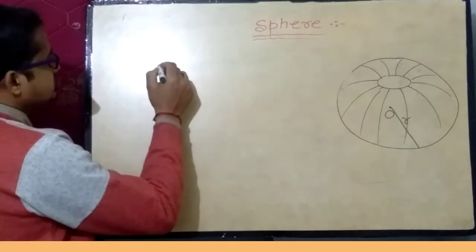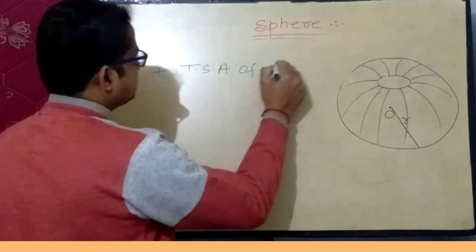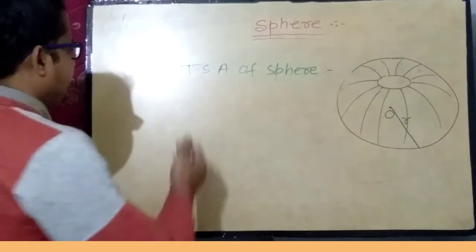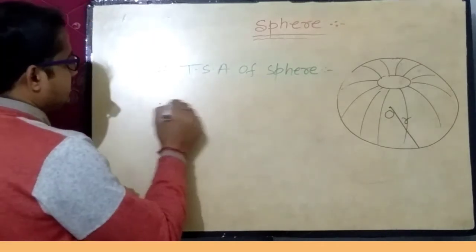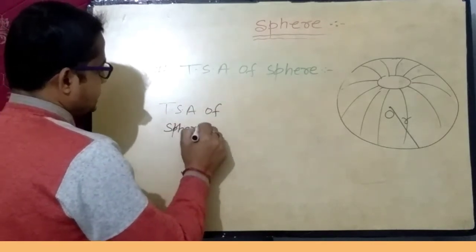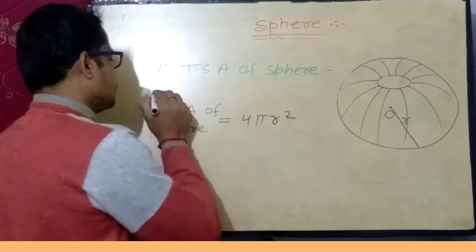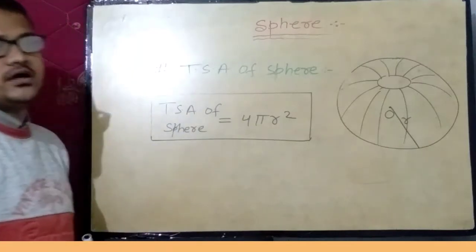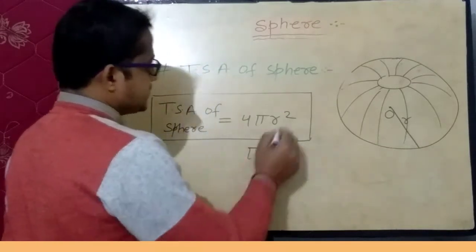Next topic is TSA of a sphere. TSA stands for total surface area. Now, in order to calculate the total surface area of a sphere, you have to use the formula 4 pi r square. So TSA of a sphere is given by 4 pi r square, where pi equals 22 upon 7